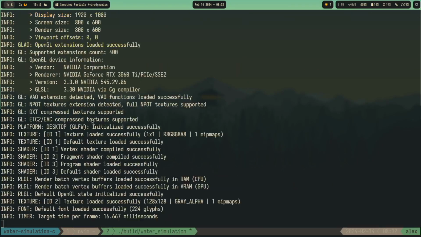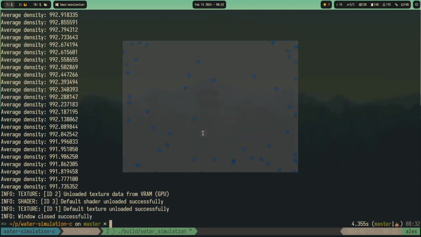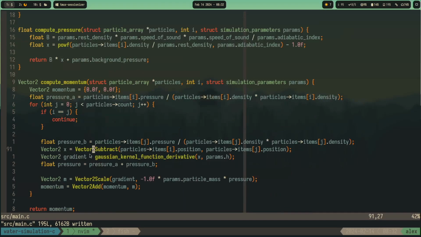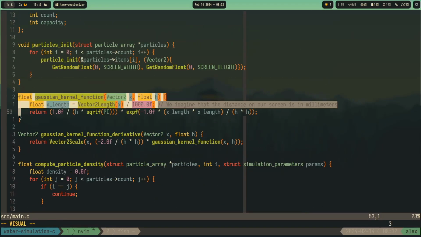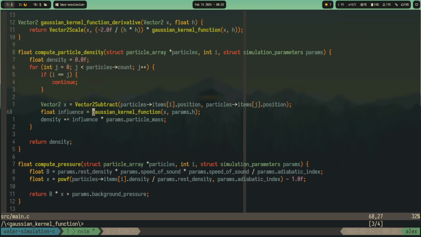And I mean, it moves differently, but man, it's so annoying that I can't figure out fast enough what would be the solution to make the density behave right. Like maybe there is something wrong in the kernel. When we get the influence,